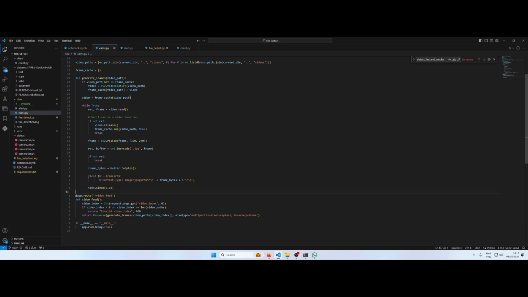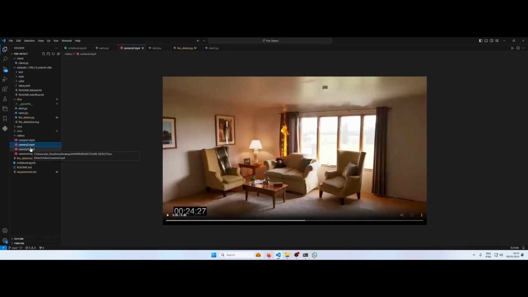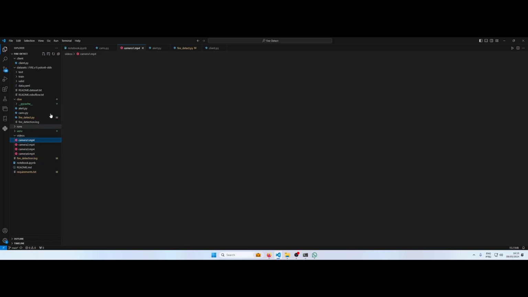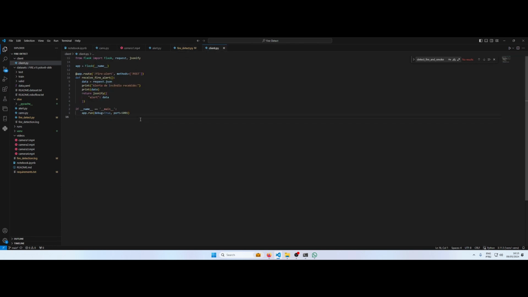So what we've done was we created a mock-up server where we will be streaming different videos from different CCTV cameras, essentially, and we would then have separate threads. Each thread would be running this algorithm of fire detection on each of these cameras, and if fire has actually been detected, we would send to another server that simply listens to a specific route on /fire alert for post methods,